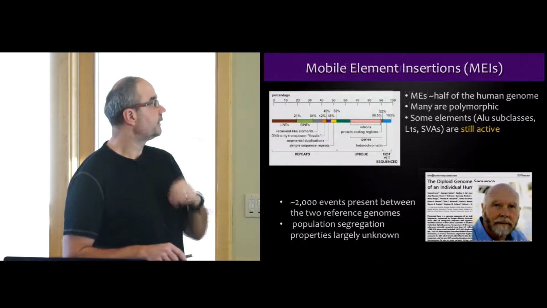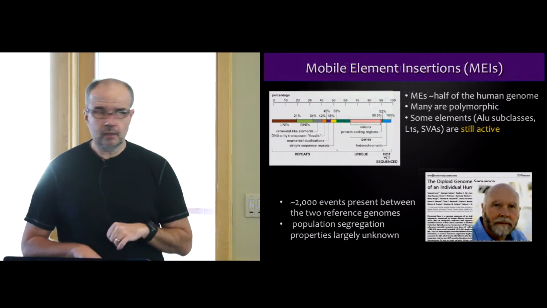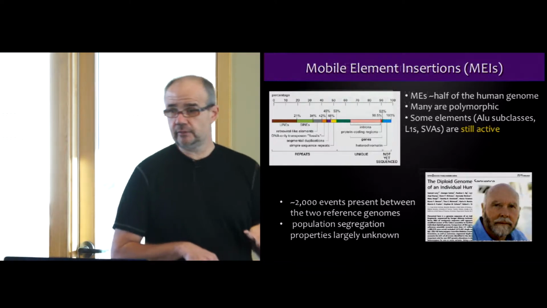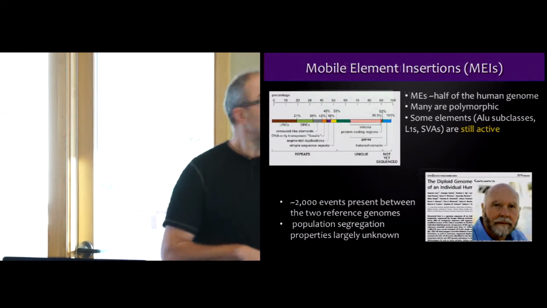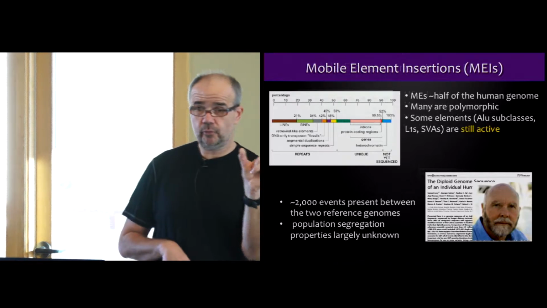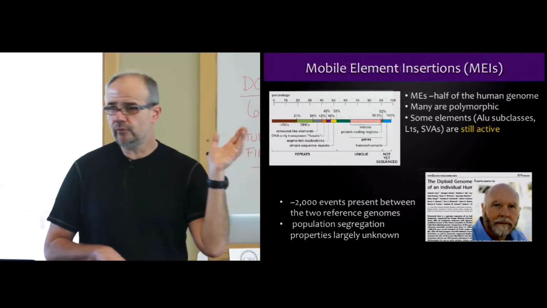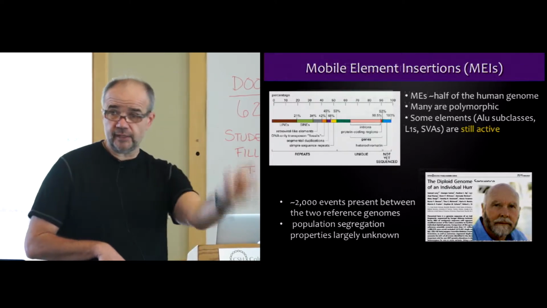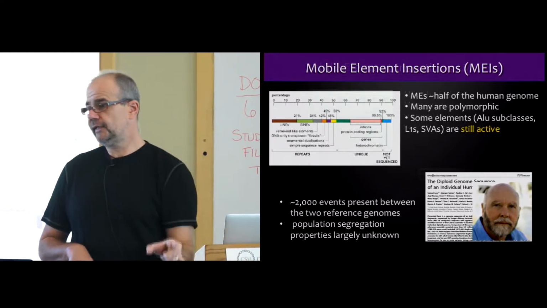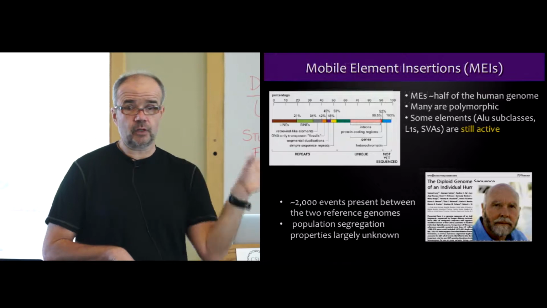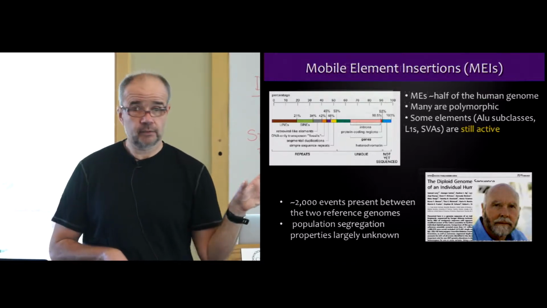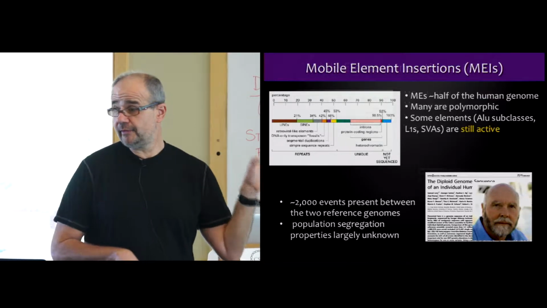It turns out that some elements are in fact still active, which means that certain Alu subclasses, for example, you still see that, say, every 25 or so live births, you'll see a new element inserted in a child's genome that was not present before in anybody's genome. Okay? So these elements are still active,